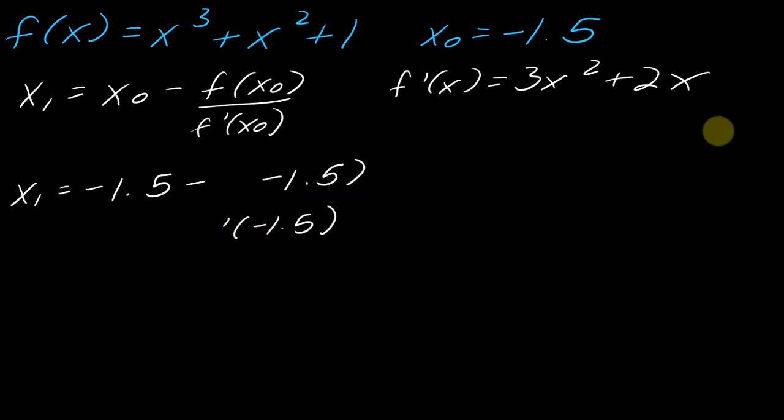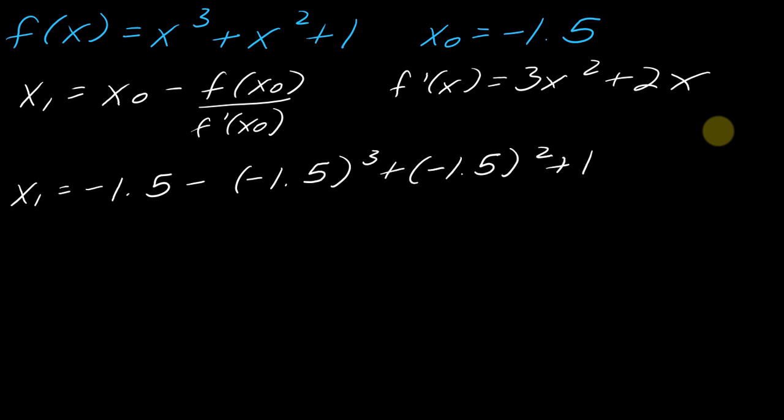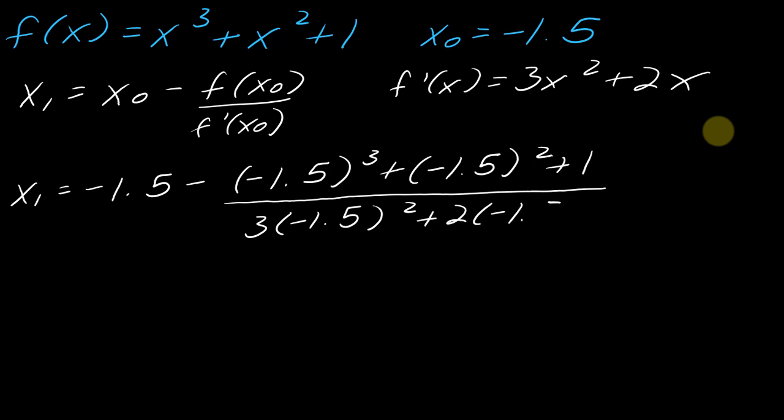Let me erase this, I've got to save a little space here, and I'm going to plug that in just so you can really see it. Okay, so now you can see that I have gone through and plugged negative 1.5 into the function